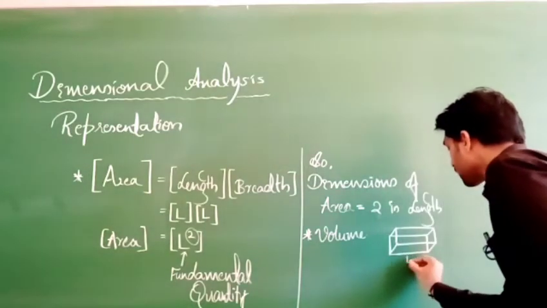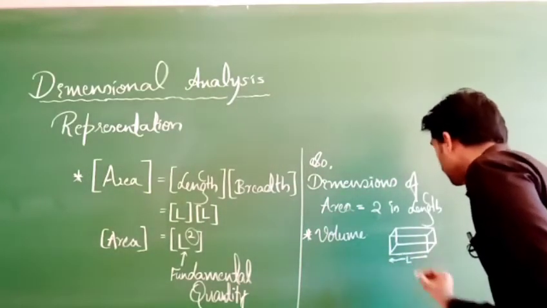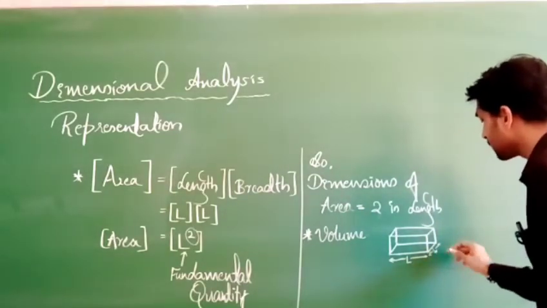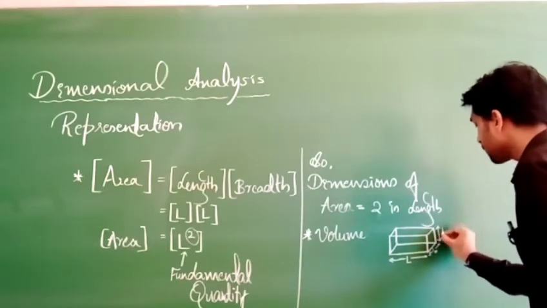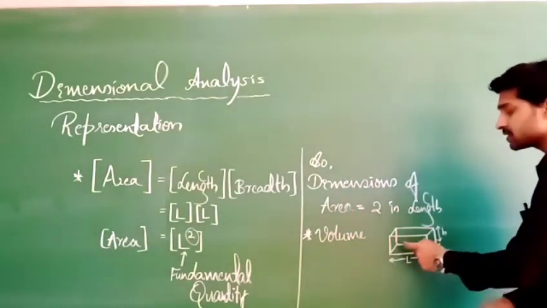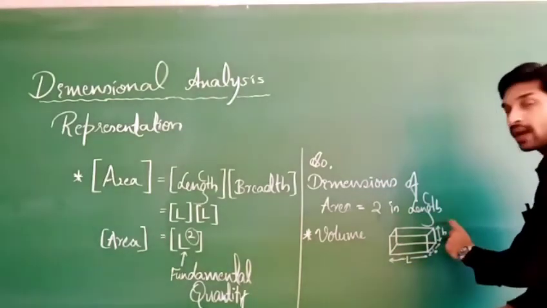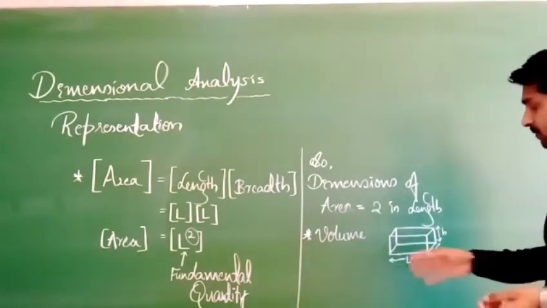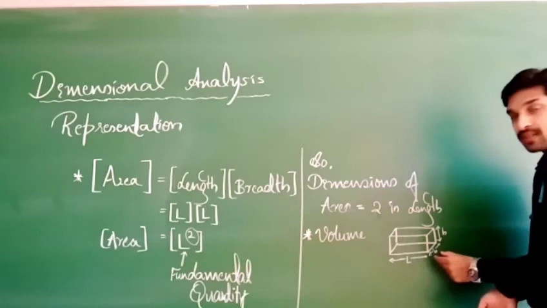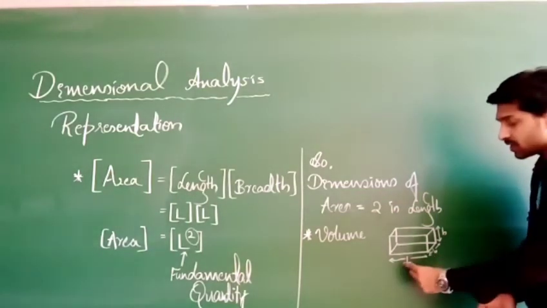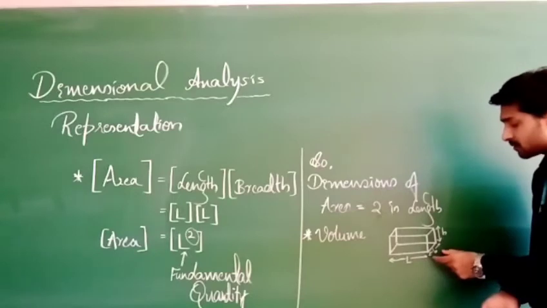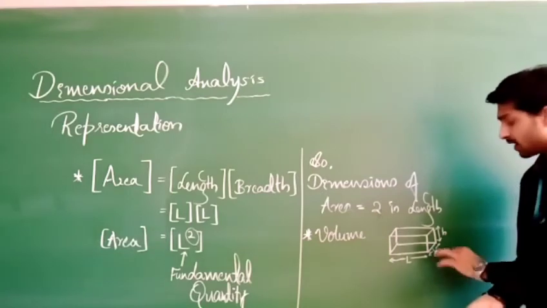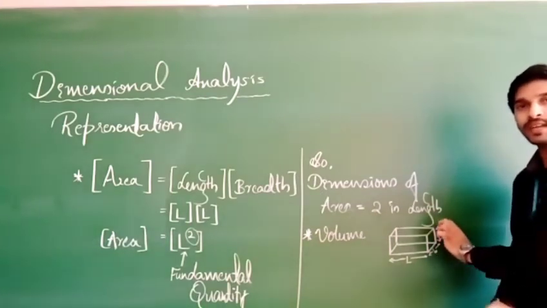first you will measure length of this, correct? Next you will measure breadth of this. Okay, this is length L, this is breadth B. Finally you will be measuring height, and then what will be the volume of this rectangular box? Length into breadth into height, correct? So length we are going to measure, this is nothing but a known physical quantity. Breadth we are going to measure also. That means what is the SI unit for length? That is nothing but meter. If you measure breadth, what is the SI unit for breadth? Breadth is nothing but basically length, correct? And height is also basically length only.